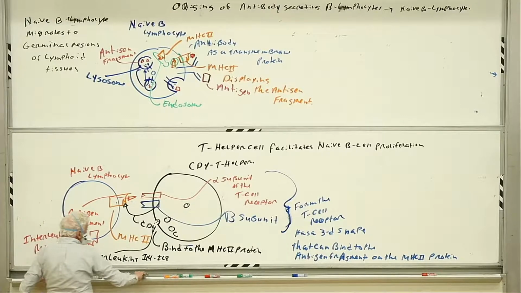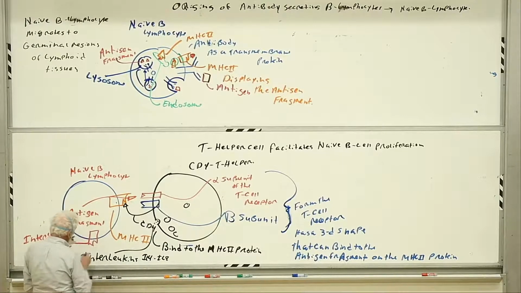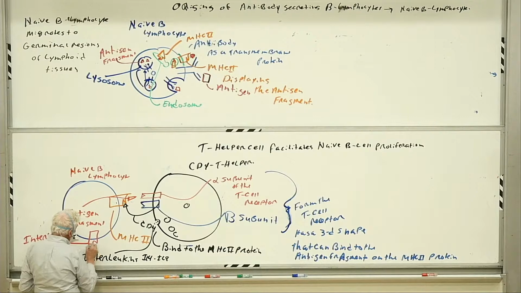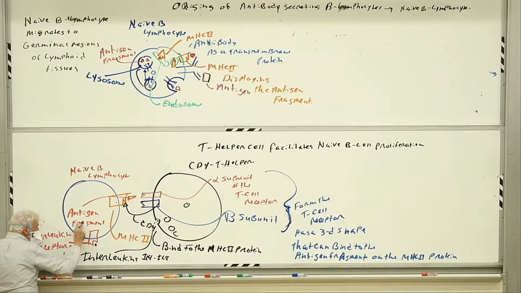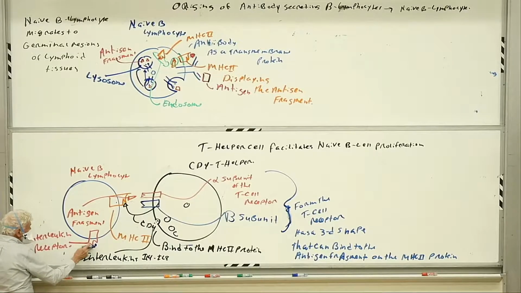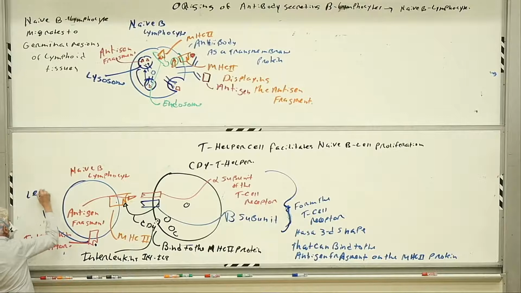The interleukins that have been released by the T helper cell bind to this interleukin receptor, and the receptor-ligand interaction with the interleukins leads to cell division